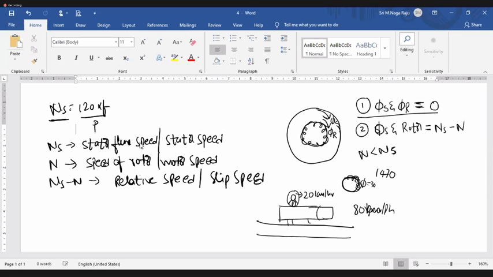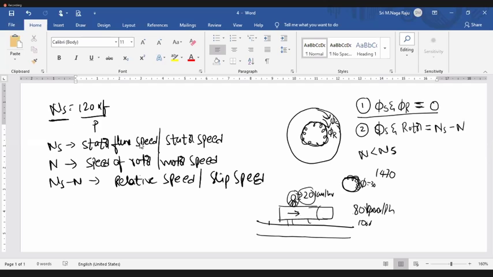With respect to the track, 60 km. The track is stationary. The train is moving in this direction with 80 kilometers per hour. If you simply stand on the train, your speed is also equal to 80 kilometers per hour. But you are running with a speed of 20 kilometers per hour on the train, so your speed is the train speed plus your own speed: 20 plus 80, that is 100.